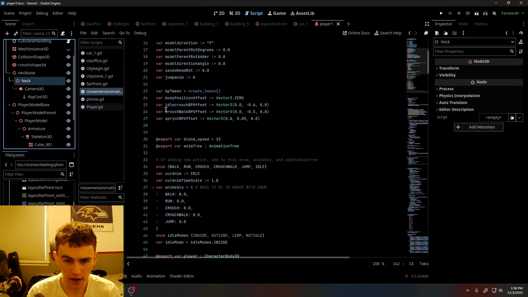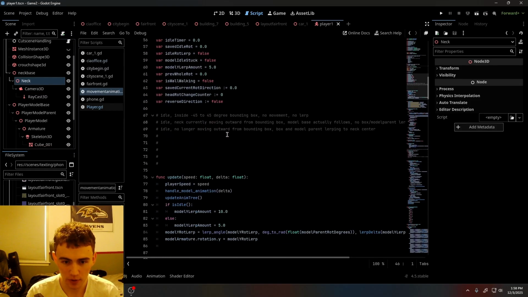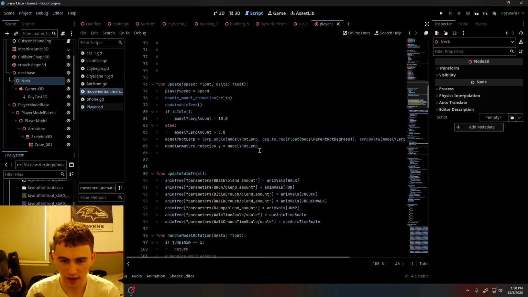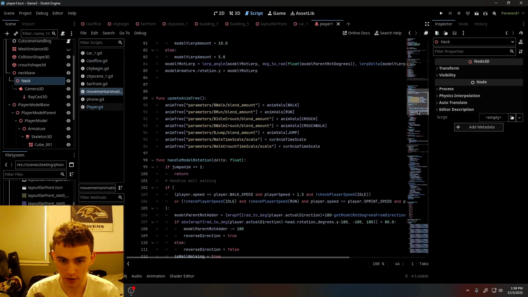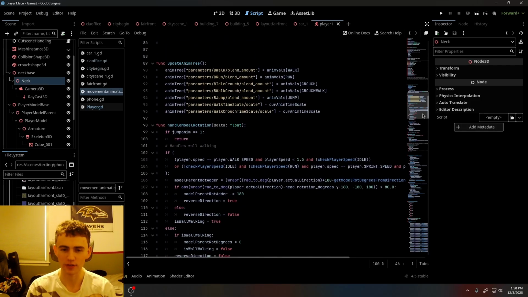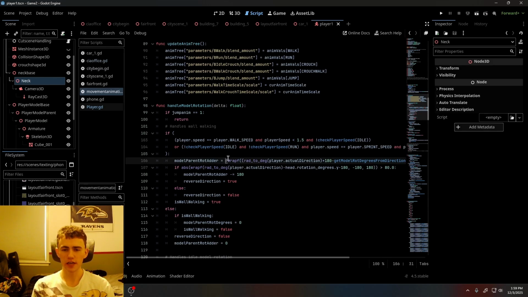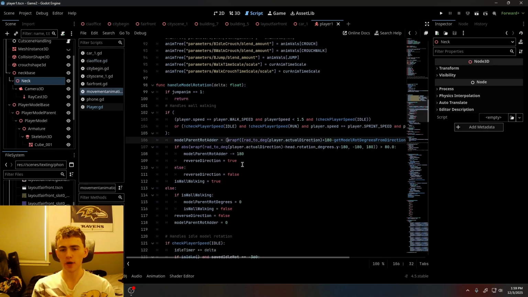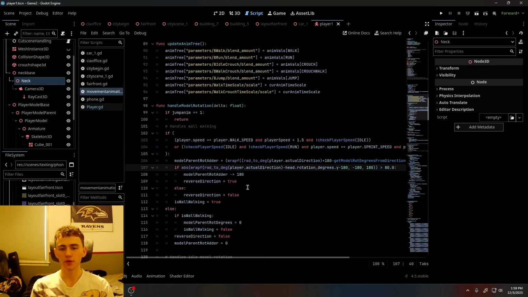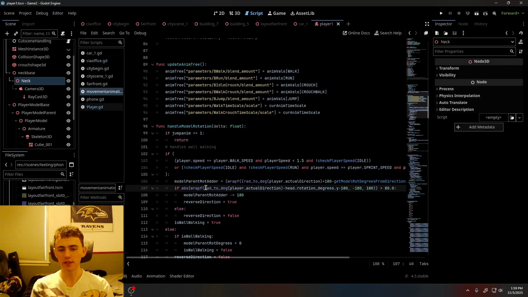So I have all this stuff set up. I'm not going to go through everything I have, because it's just a bunch of completely terrible code. For player rotation, there are some helpful things that I learned. I started off pretty not in the know of how to handle rotation in coding in Godot. So there are some pretty helpful things. Basically, you got to know